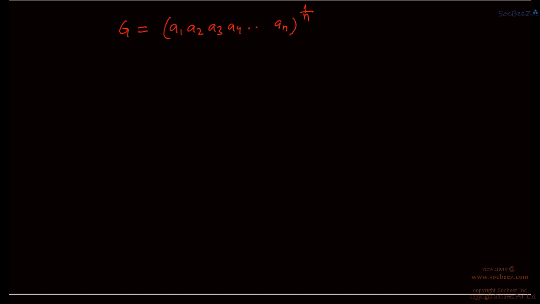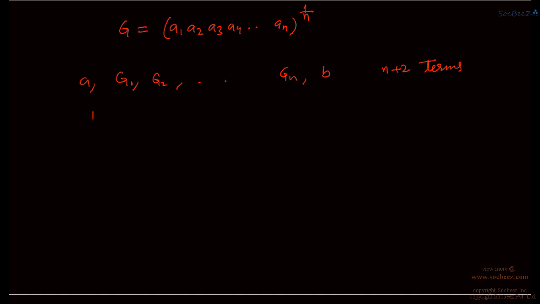Now suppose you insert again a fixed number of geometric means between say two numbers A and B. How do you find out those numbers? So let these be G1, G2, like this till Gn, and the last term is B, right? So we are inserting these n geometric means between A and B. Okay. So how do you write these terms now? Now you know that there are again n plus 2 terms here,